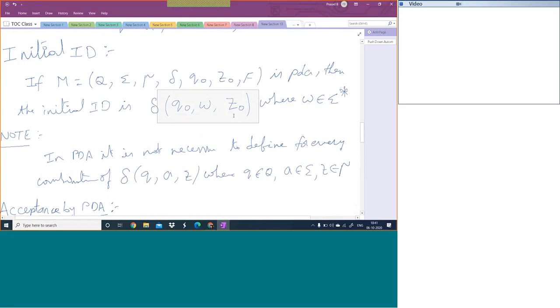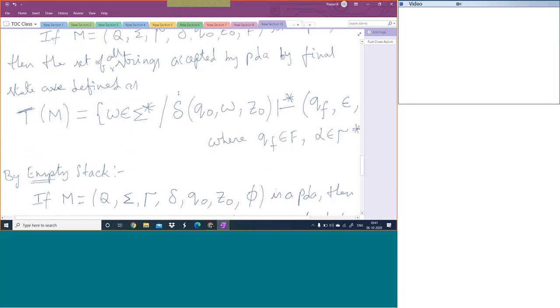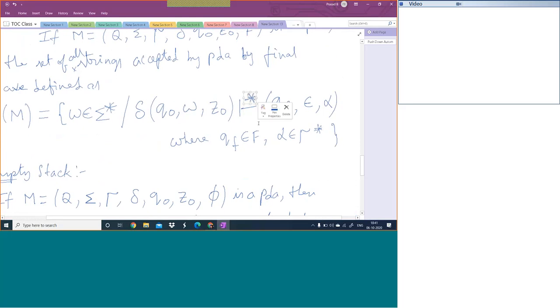It has to start from the initial state and initial stack symbol, and W, the string, can be anything. If it is valid, it will be accepted. If it is invalid, it will be rejected. So by final state, the machine has to start from the initial ID, that is (Q naught, W, Z naught). The star indicates after one or more transitions,